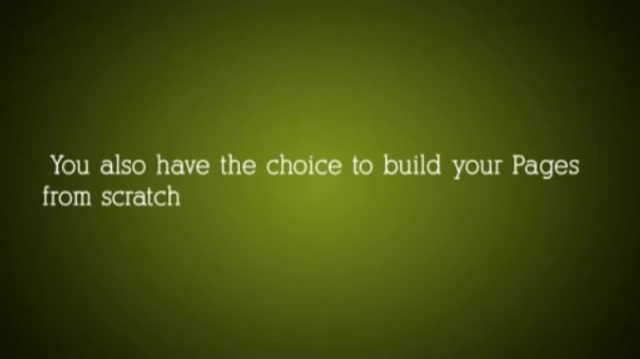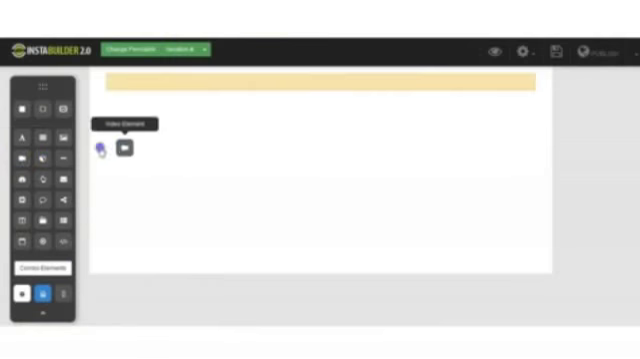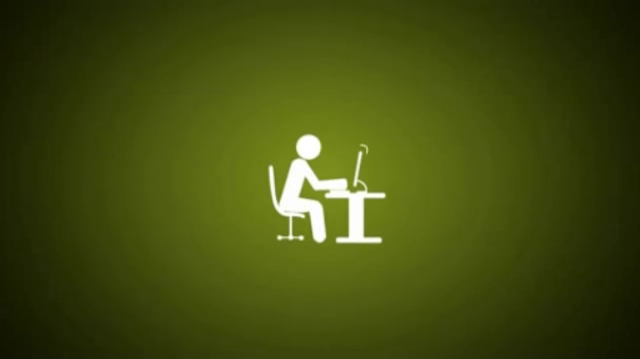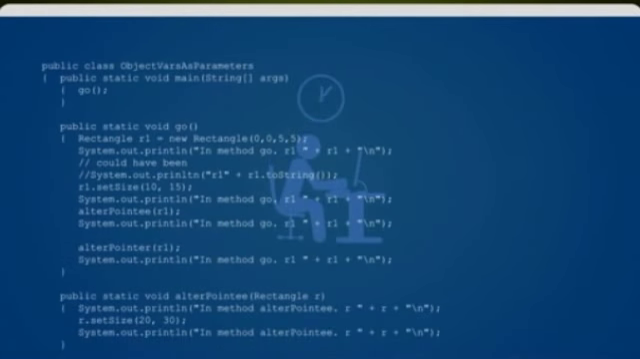You also have the choice to build your pages from scratch, any way you choose to do so. Just drag and drop any element you want into the page, save it, and boom, it's done. See how simple that is? With our state-of-the-art, slick user interface, you don't have to spend hours coding, let alone learning all that mumbo-jumbo about